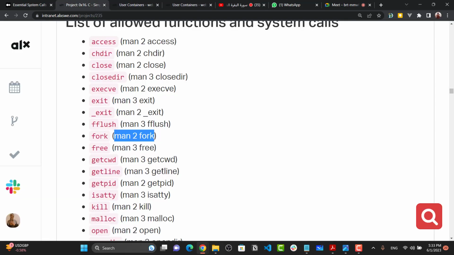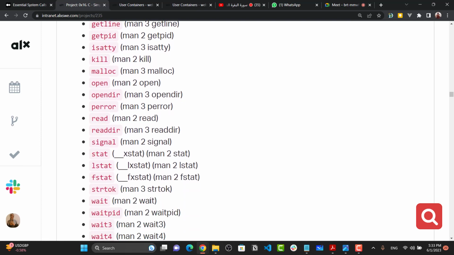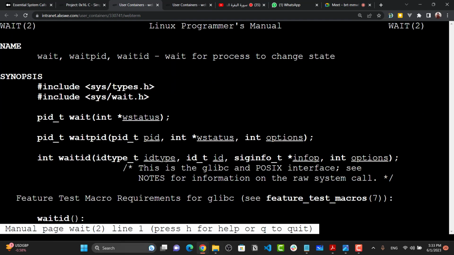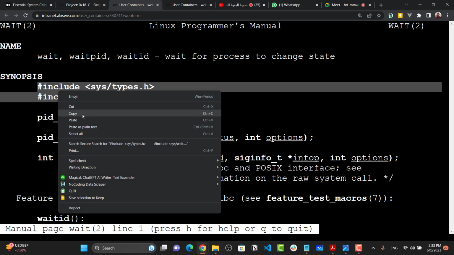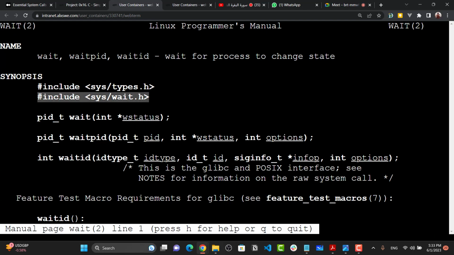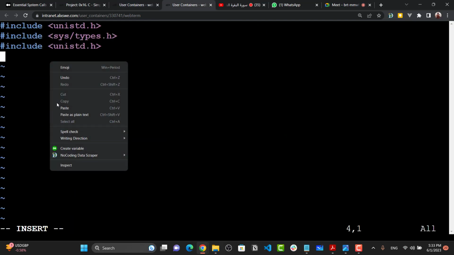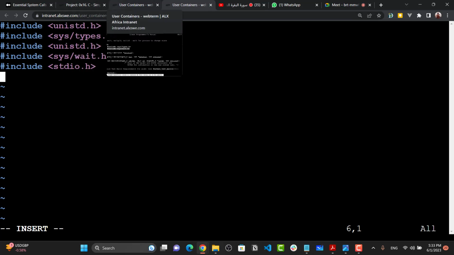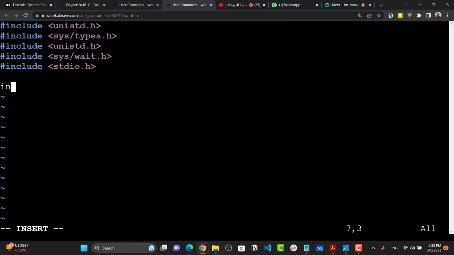And we also have wait, so sys/wait.h, the system wait only. Then include stdio.h. Okay, this is for execve and wait and fork. Okay, that's all. Int main,